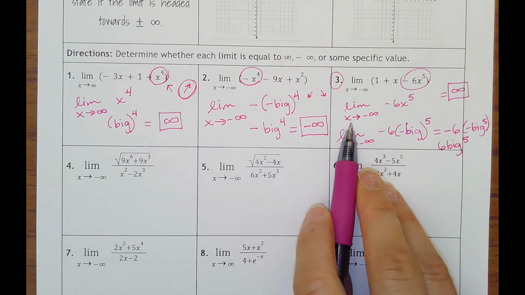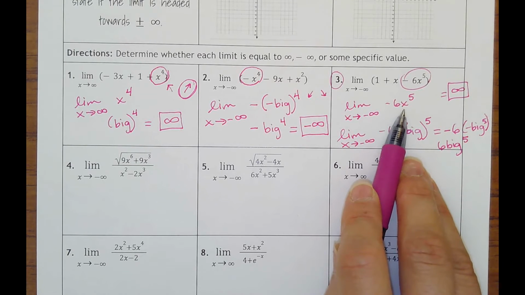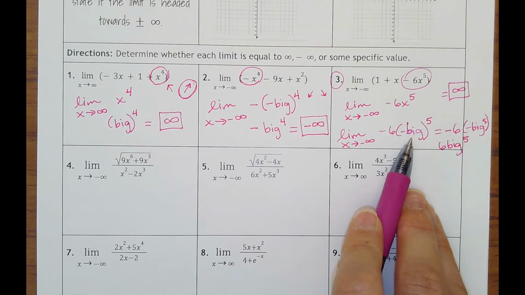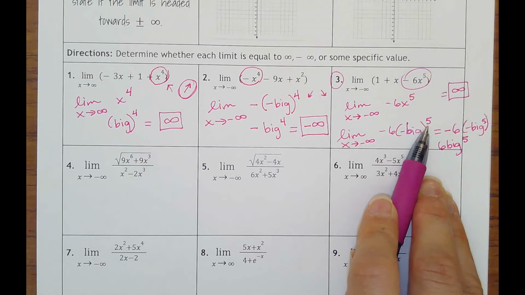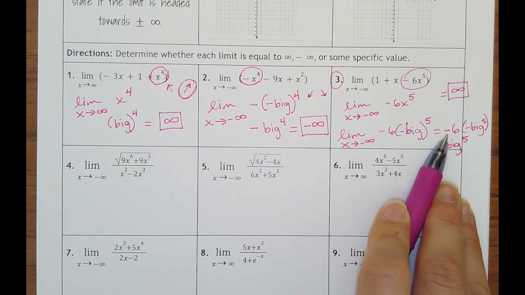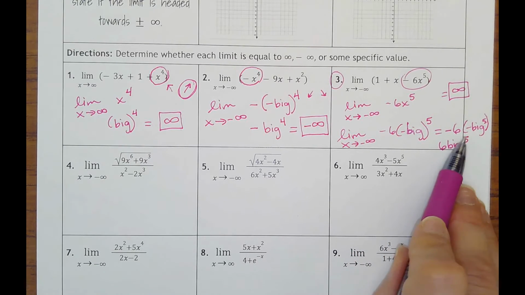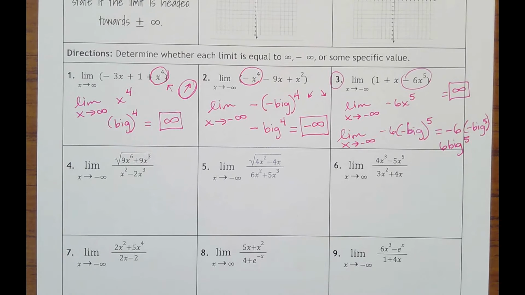All right, my work shows that I picked out the highest degree term. That's the only one that's going to matter. Everything else gets overpowered. I'm plugging in negative big for x. When I take a negative to the 5th power, it's still a negative. And then when I take that negative times the negative 6, that becomes a positive 6 big to the 5th. Well, basically what that means is it's going to positive infinity since I got a positive out of this with